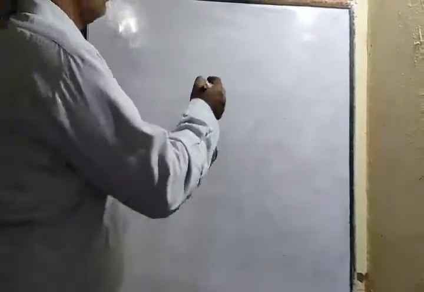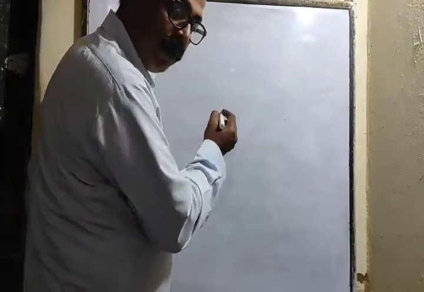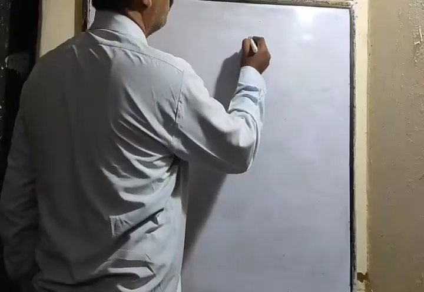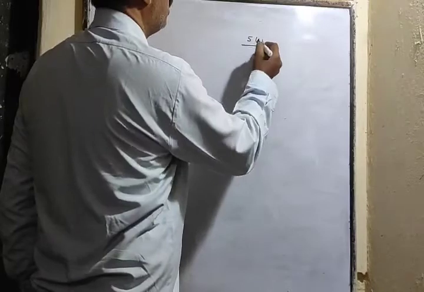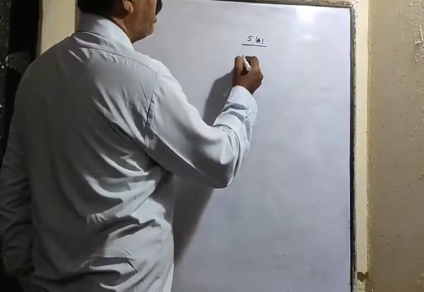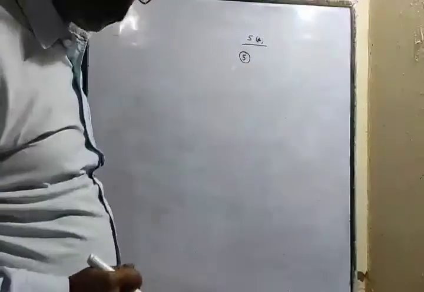Today we'll start solving some of exercise 5a, quadratic equation. I have already explained the types of questions. We'll see question number 5 directly. The rest of the questions are already explained.